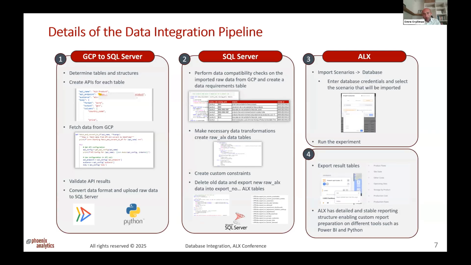At first, we delivered to the client the templates, the tables, which data we need, and what the template should be. And then they created the APIs for each table. And by using these, we fetch the data from GCP, and we check the API results. If there is a missing part, or if there are unnecessary columns or lack of information, we made